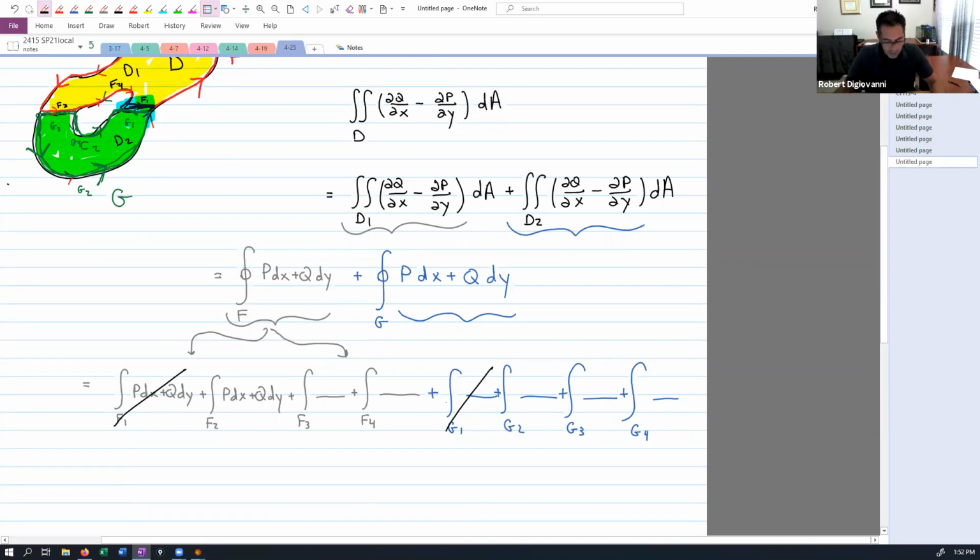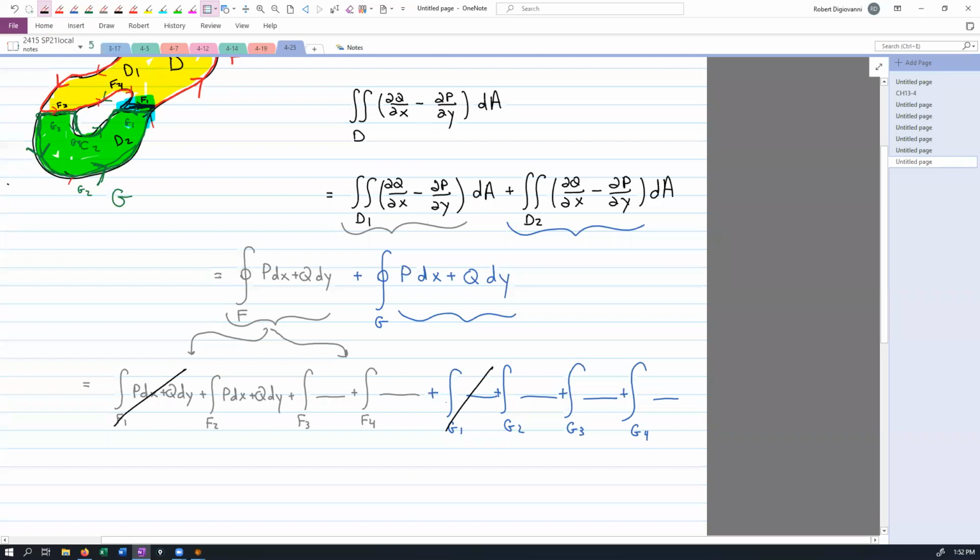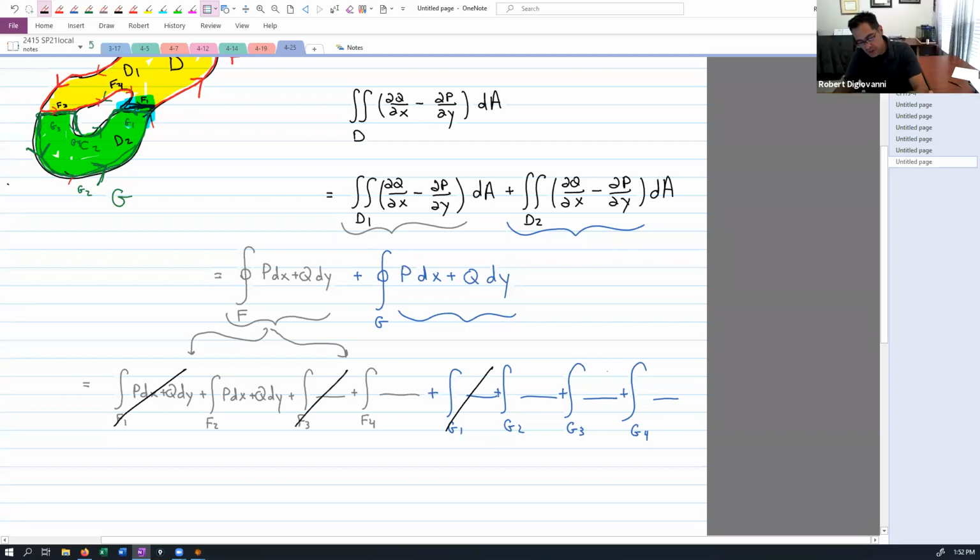Any others go away? G3 and F3 also cancel each other out because they're in opposite directions, but everything else is still there. However,